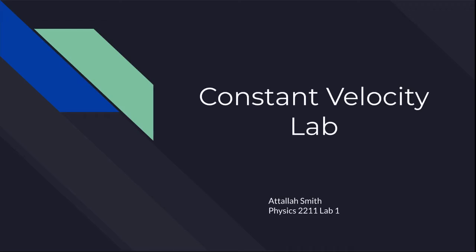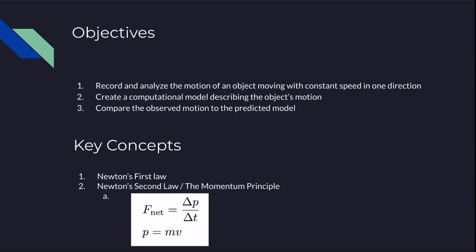In this video, we will discuss and evaluate the Constant Velocity Lab. There are three main objectives in this lab: to record and analyze the motion of an object moving with constant speed in one direction, to create a computational model describing the object's motion, and to compare the observed motion to the predicted model. We will need two key concepts: Newton's first law, which states that an object under constant motion